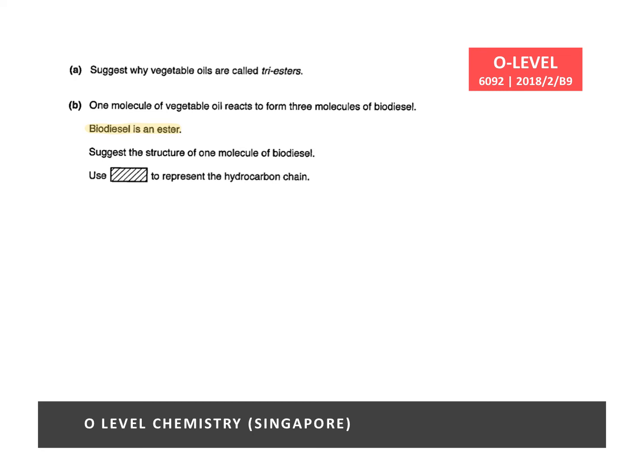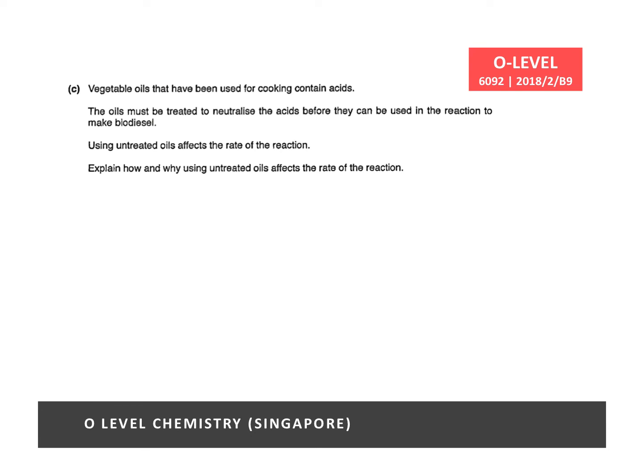oil. For part C, there is some new information about your vegetable oil which contains some impurities in the form of acids, and these acids must be removed by neutralizing them with an alkali before the reaction. So they go on to ask how and why using untreated oil will affect the rate of the reaction. So again, in this question, there are two key points to be answered. How is your rate of reaction going to be affected, and why is it going to be affected in